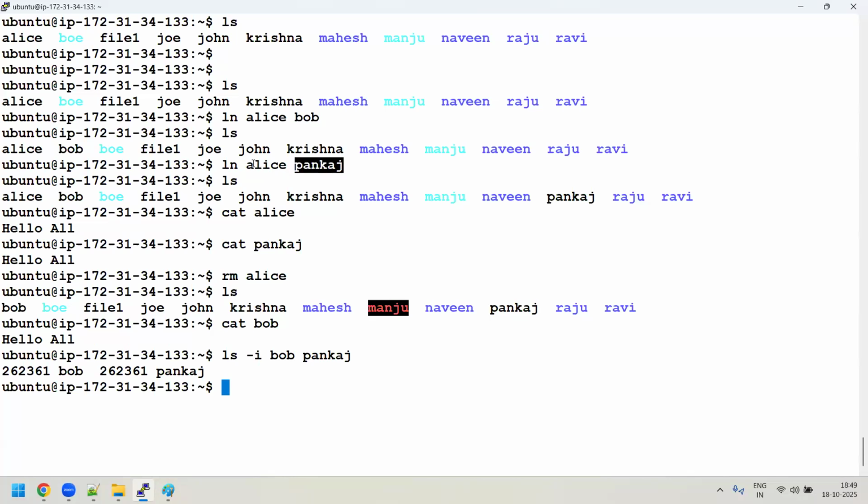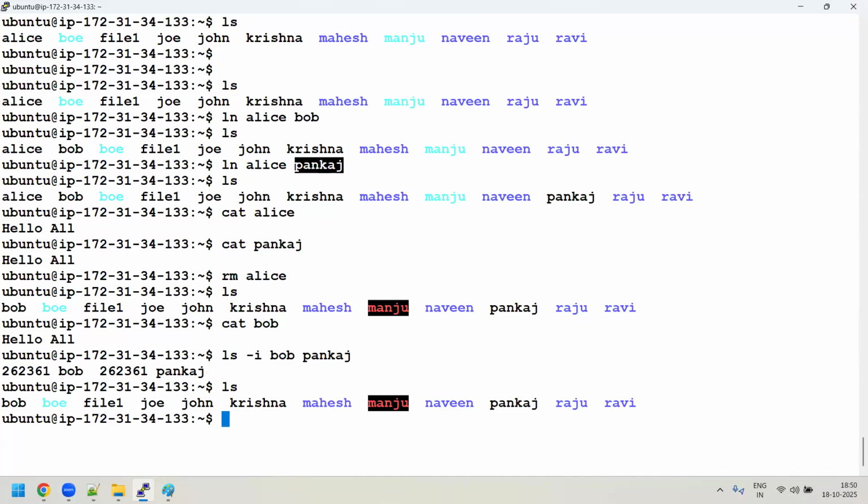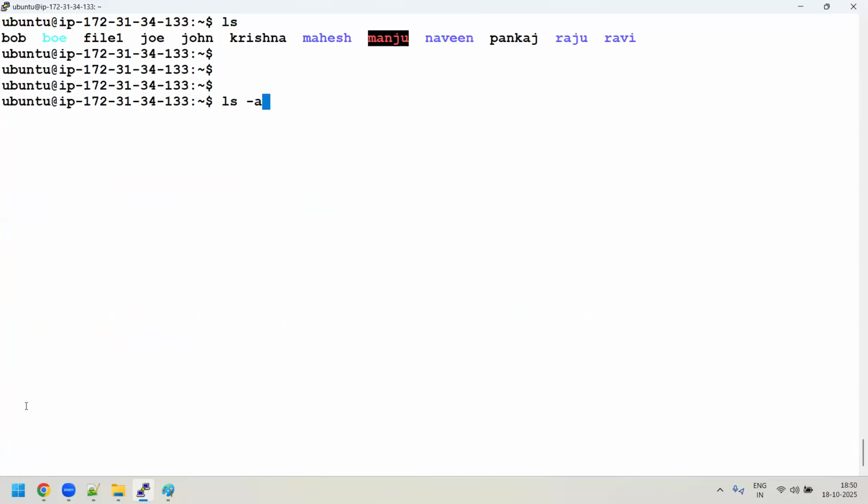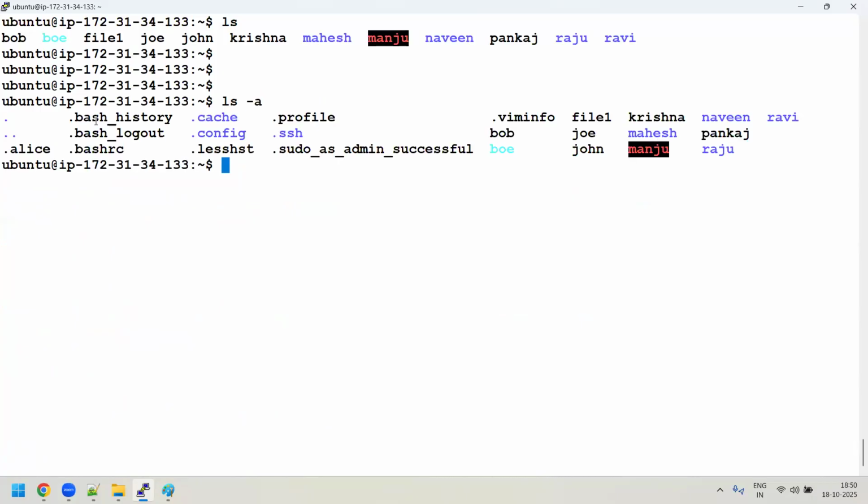But usually in industry, how do they make it clearly differentiated in real time? I have a Bob, and for Bob I want to create a hard link file. They'll say ln Bob and create a hard link with a dot in front, .Alice. Dot makes it a hidden file. When you enter ls, Alice is not shown at all. When you do ls -a, now it is shown as .Alice.